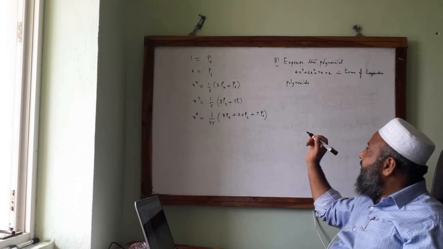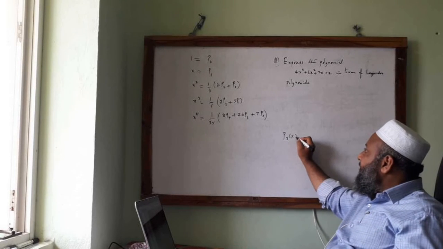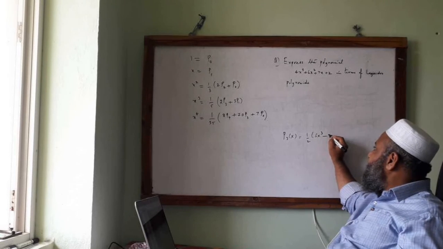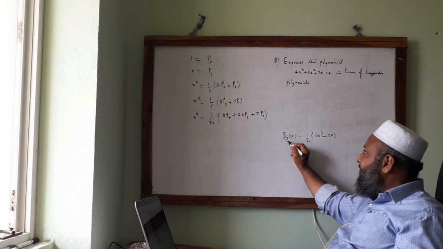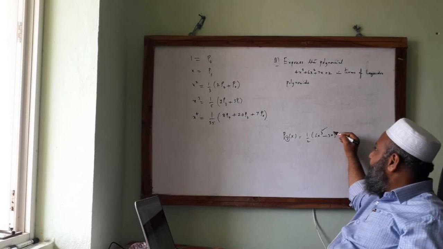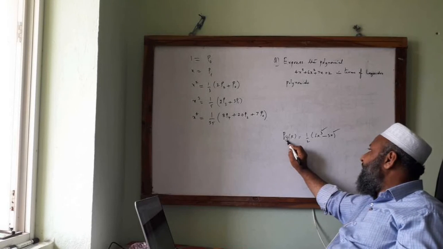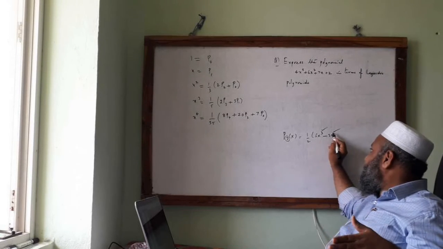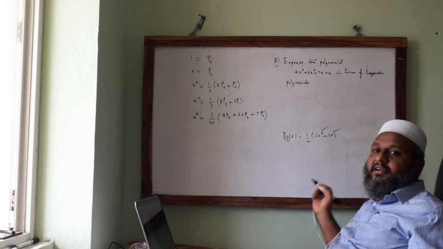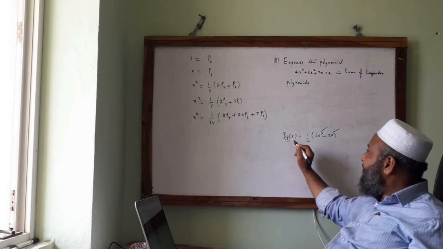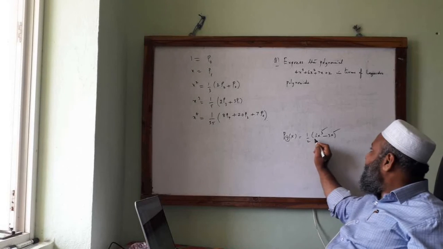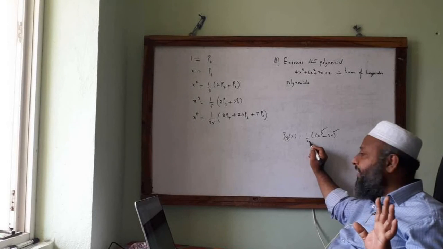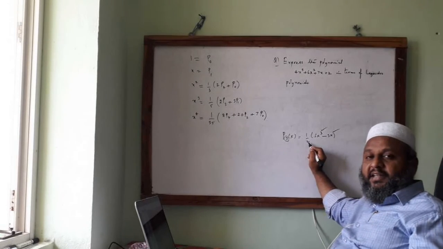That's so simple. Now back to the point. Otherwise I'll tell you that P3 of x we have written as 1 by 2 times 5x cube minus 3x. Keep in mind one more thing: if n is odd, only odd powers will appear, and that too it starts with power 3, so it starts with x cube, then again a gap of 2 units, that is x to the power of 1, and no other term will appear after that. And one more thing, because P3 of 1 should be 1, 5 minus 3 is 2, so it is divided by 2, so that's also a way. So you should not get confused whether it is 1 by 2 or 1 by 3, it's a cross check.